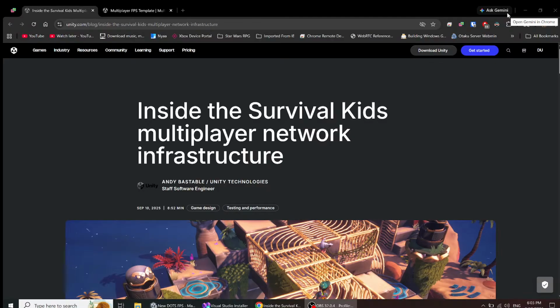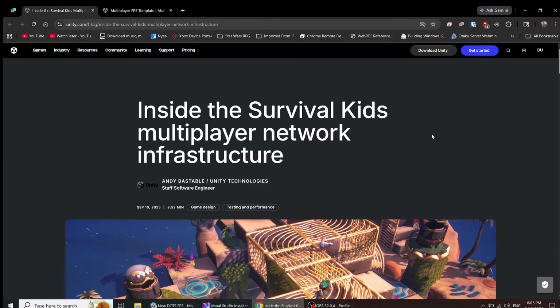All right, so we're going to be doing a deeper dive into the first-person shooter multiplayer template that got released a couple of months ago. It has some systems in here that were used by Unity for their Survival Kids game that they made with Capcom that came out last year